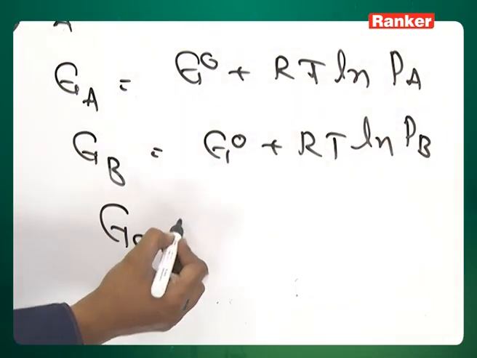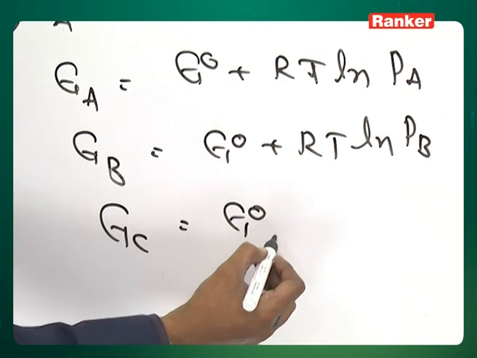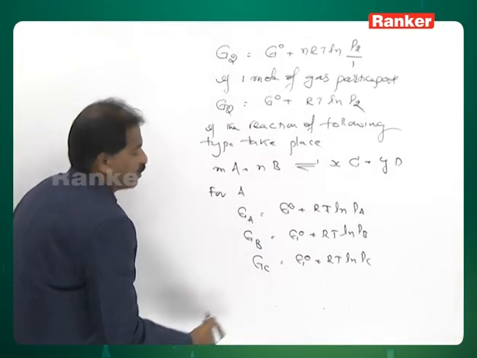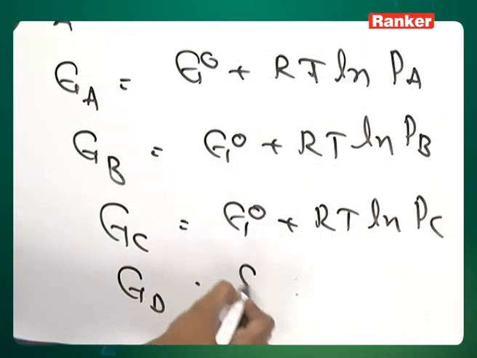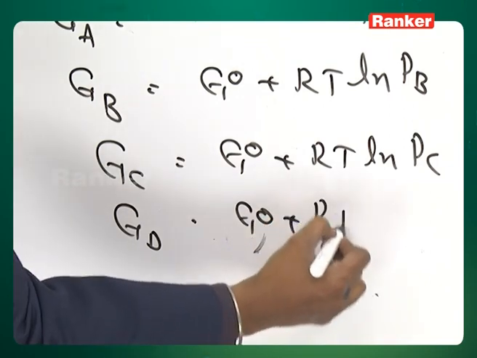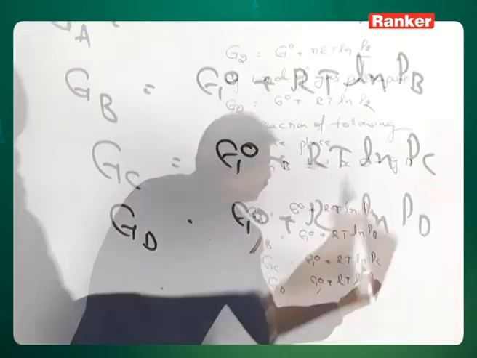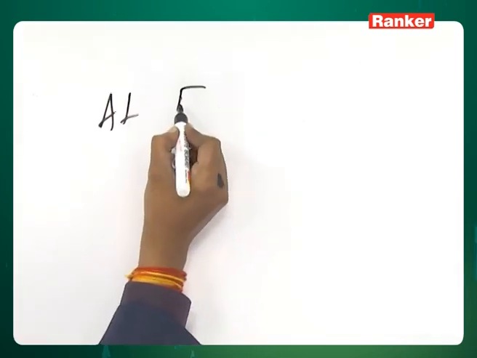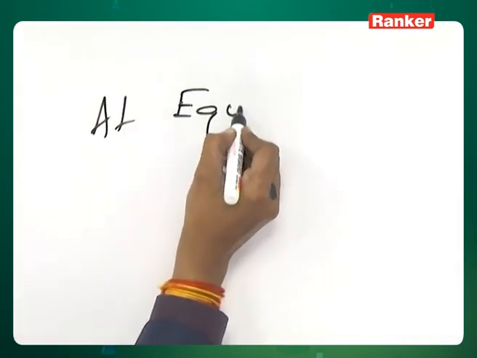Similarly, Gc is equal to G naught plus RT ln Pc. Gd is equal to G naught plus RT ln Pd. At equilibrium,